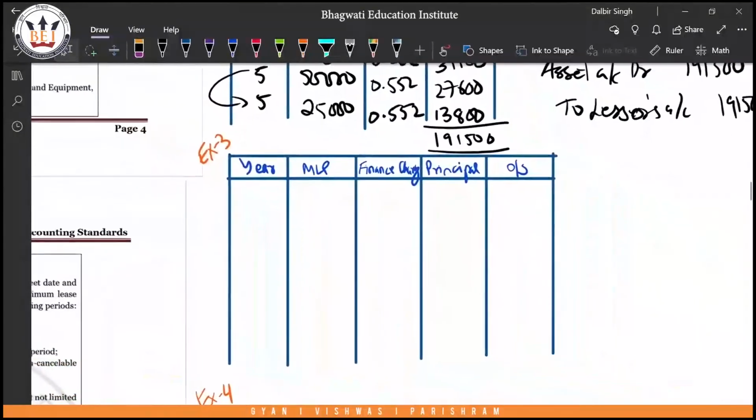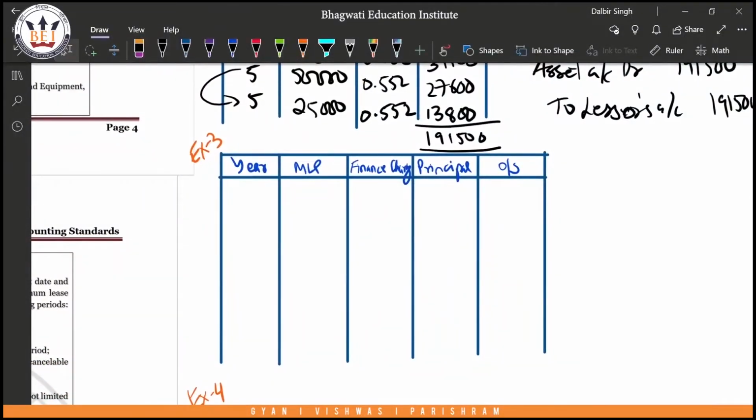Now, how do you apportion? Now, this is for how many years? This is for 5 years. Okay, so we're going to do the same computation here. So 0, 1, 2, 3, 4, 5. See, such a kind of statement you would have done in FM also. Okay, I'm just going to borrow the same concepts.